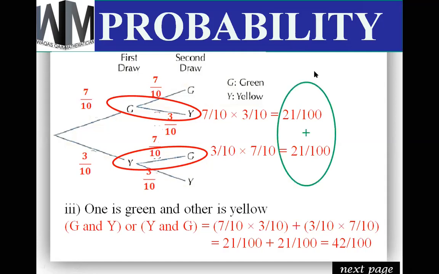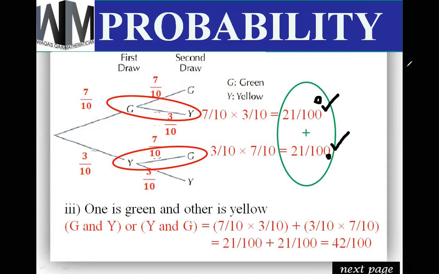And when we go vertically, then we add. So if two combinations are written here, as this one is written and this one is written, either this could happen or this could happen. These two cannot happen at the same time.